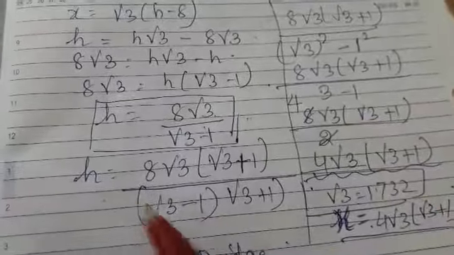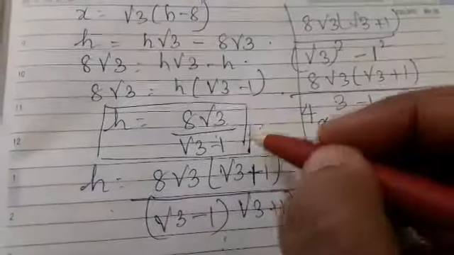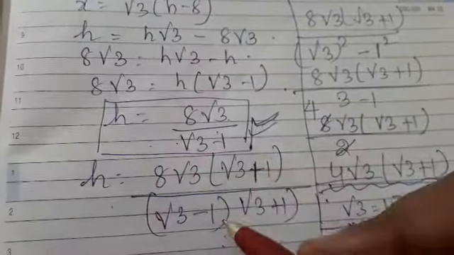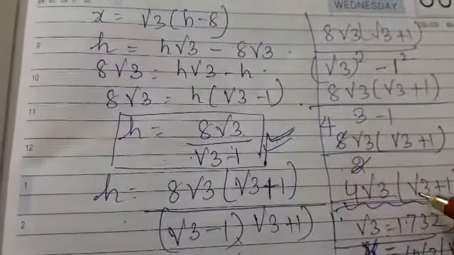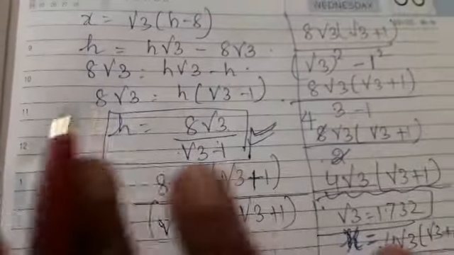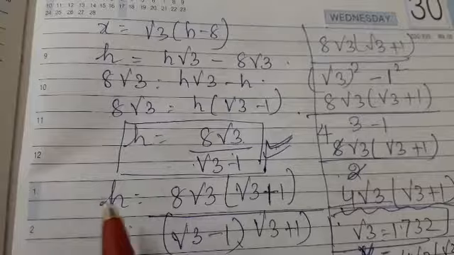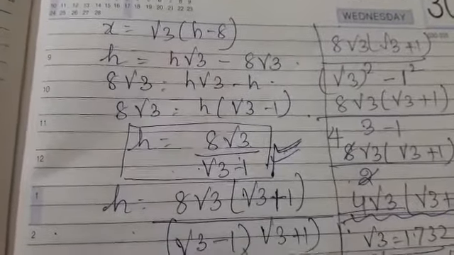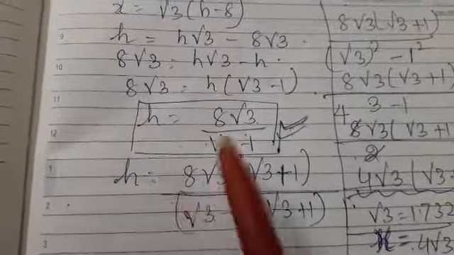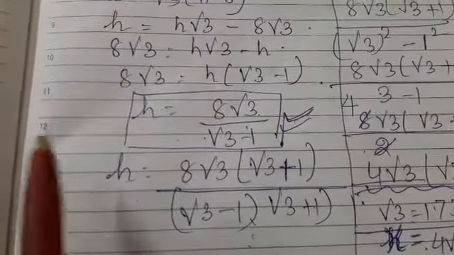Then we rationalize it. Now here you can put the value of root 3 and you will get the answer, or you can rationalize it and then find the answer, depending on whatever you want. Both the answers will be treated correct. But if in the question they are giving you the value of root 3 is equal to 1.732, they expect you to substitute that value and find the answer in decimals.